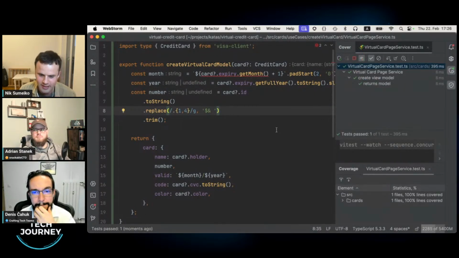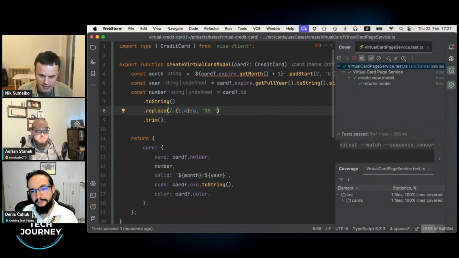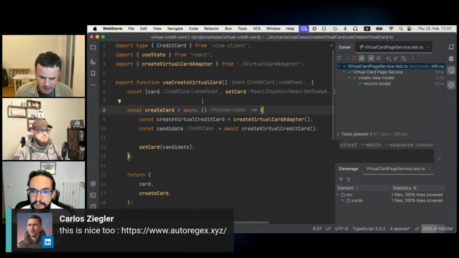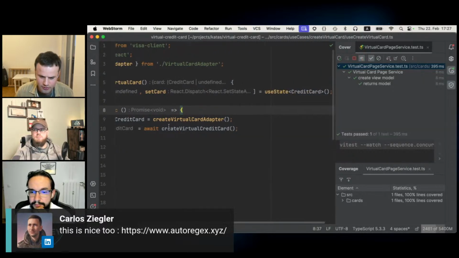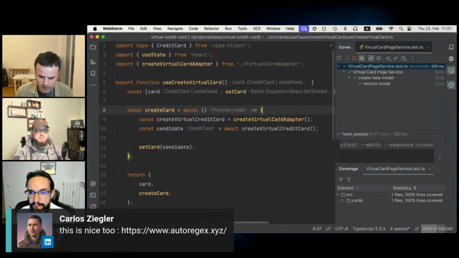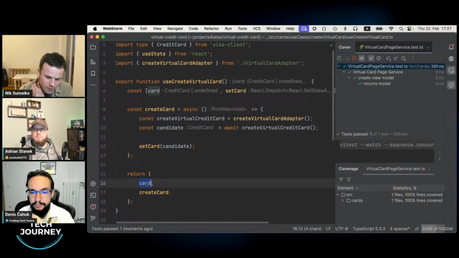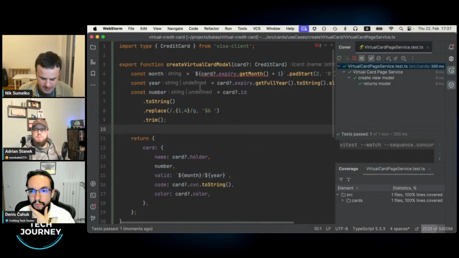Okay. Perfect. Our view model is more or less ready, but there is one case where it could be undefined. And actually, if we look at our use case layer, it's true. You see, by default, the state is empty until you click that button that will generate a card for us. So by default, it's empty, and we have to handle that case. So another baby step here.